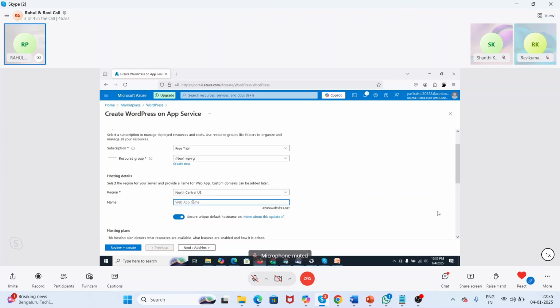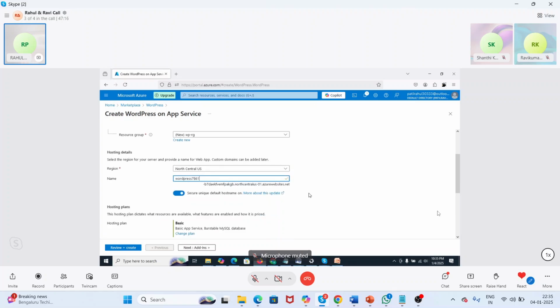And now I have to give the web app name. I give the name WordPress 78 to my WordPress app.